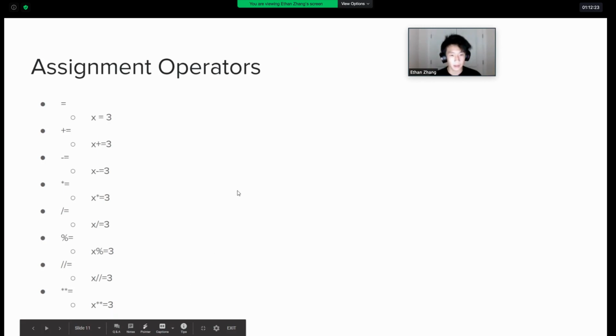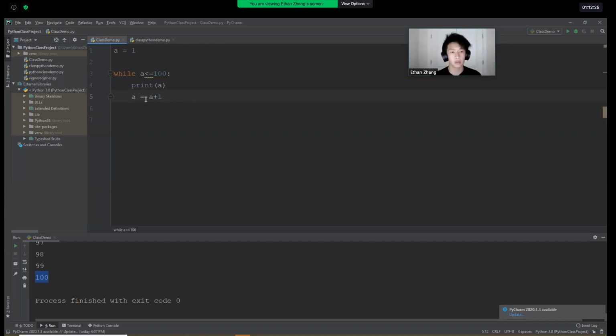Okay, so let's see if this works. Remember here, we print to 100. So instead of doing a plus 1, we can do plus equals 1. And let's see if this works. As you can see, it does the same thing, but we used far less space. And to be honest, I think this looks better. A plus equals 1 just looks so much better than a equals a plus 1. So yeah, this is how you use the